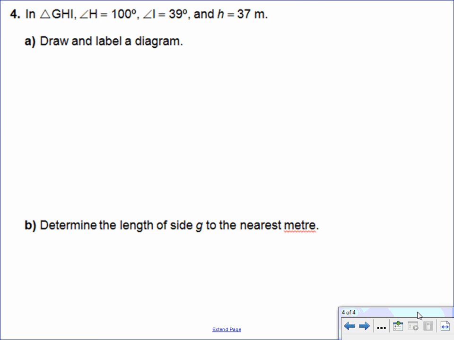Okay. One more. So we have triangle GHI. H has an angle of 100, I has an angle of 39, and H has a side length of 37. So we're going to draw. First things first, I know my triangle is just going to be a tiny bit bigger than 90 degrees because this is 100 degrees. I'm going to label this as H,